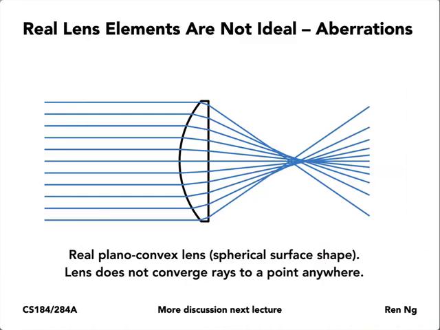So you can see here a schematic or a cartoon of a curved surface. This is called a plano convex lens. And rays of light drawn in blue coming from the left-hand side parallel and then refracting through this lens just due to Snell's law, they don't converge to a point anywhere inside the lens. Okay, so there's nowhere you could put a sensor and get a perfectly sharp picture is the point. And this is just a natural geometric phenomenon of having a curved surface there. We'll talk about the ways that real lenses try to circumvent that problem by using multiple pieces of glass of different index of refraction and different dispersion characteristics